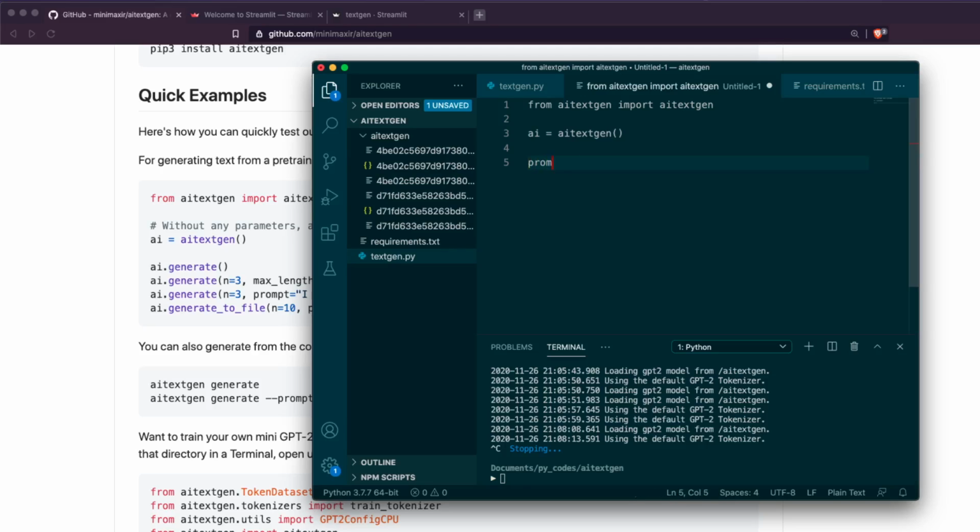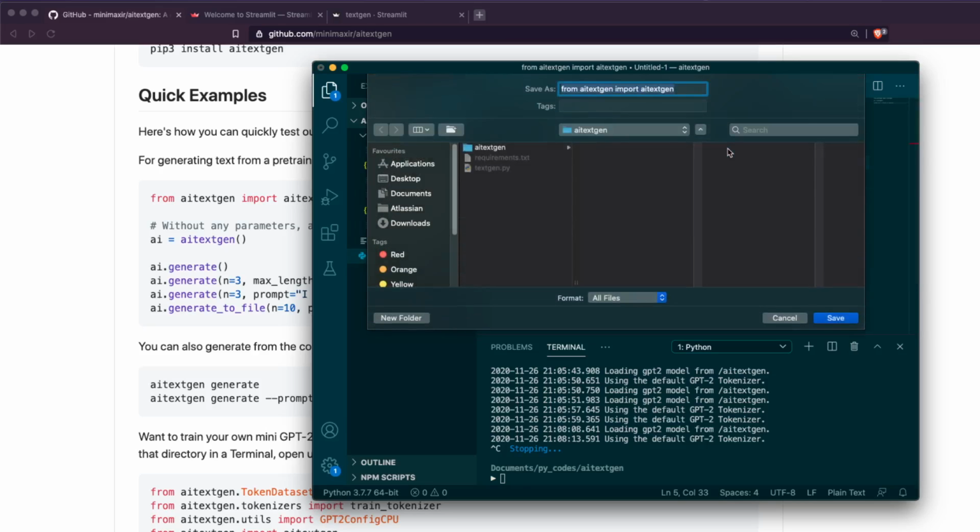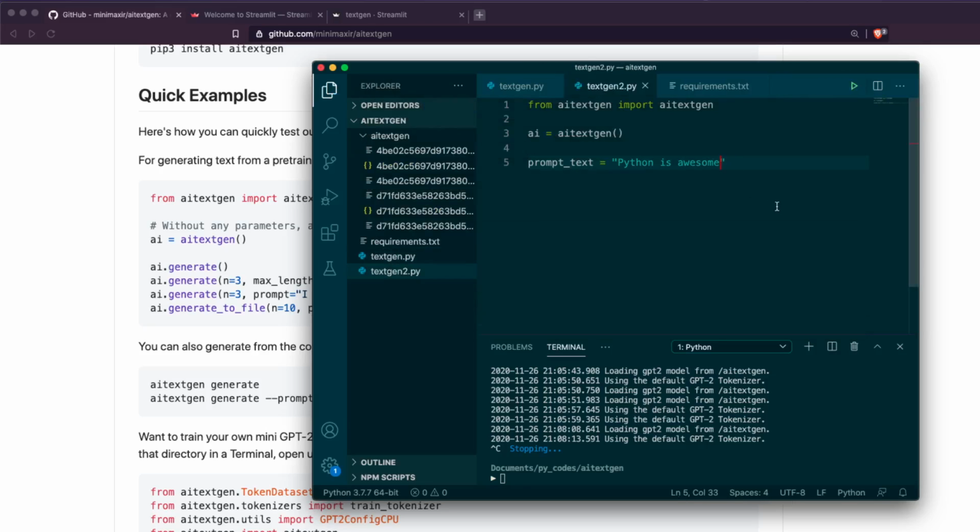So you need a prompt text. The prompt text is, I'm going to start with Python is awesome. I have to save this file, as I've not saved it yet, so I'm going to save it as textgen2.py. And once I save that, next we have the prompt text. Once we have the prompt text, then we are going to say